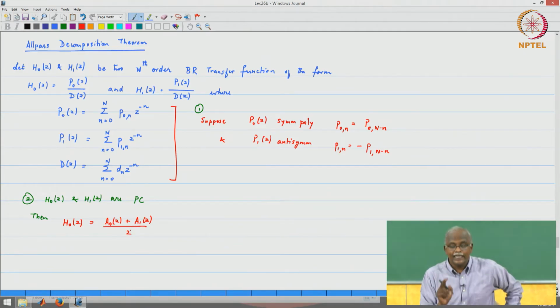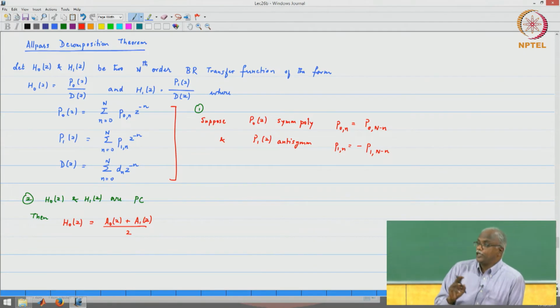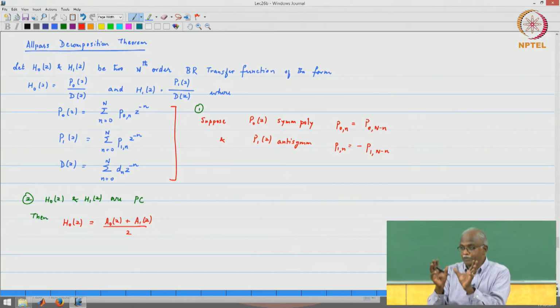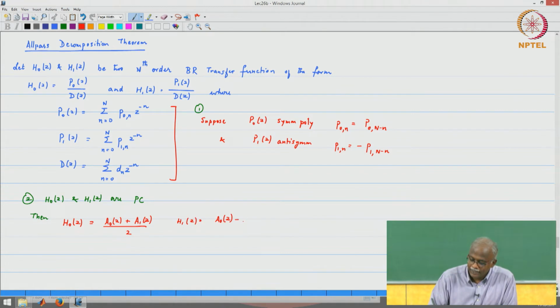Notice that this is slightly different from the earlier decomposition where we took the polyphase components. These are not polyphase components. Basically, the filter itself is a sum of two all pass functions. H 1 of z is a naught of z minus a 1 of z divided by 2,